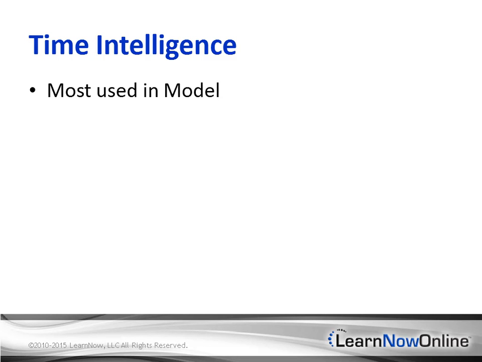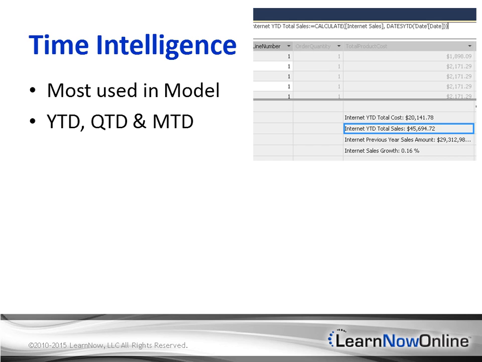Now let's talk about time intelligence. Time intelligence is best used in the tabular model as demonstrated in a previous section. Here, we're able to create new measures like year-to-date, quarter-to-date, month-to-date, and these are some of the most commonly used time intelligence functions. There are about 20 to 30 more that can be used once the date table is marked